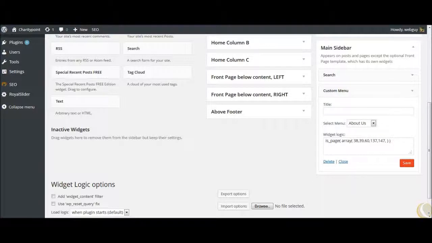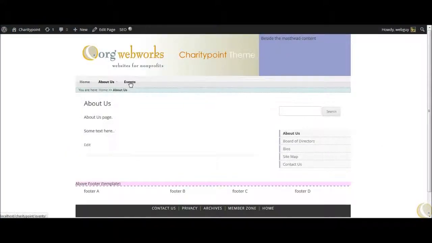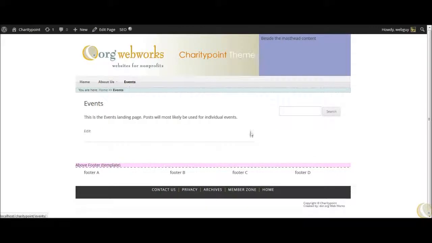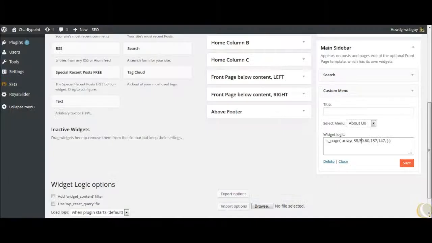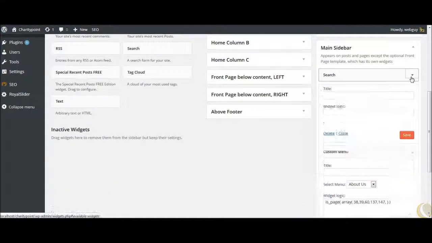When we go to the custom menu, you'll see again, we have the widget logic, we have the IDs in here, and now only on the About Us pages will this show. Okay? Now I could go to another page, let's say Events, and it won't show that. You will see the search, but you won't see that little submenu. The reason is, search, when I open it up,